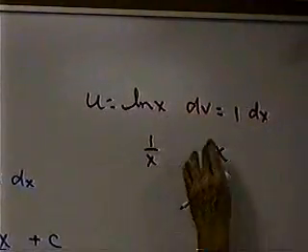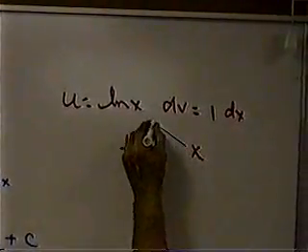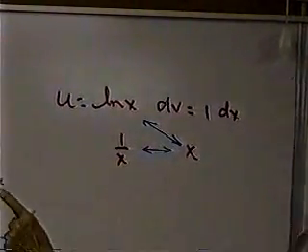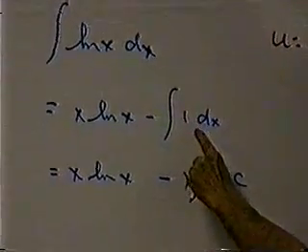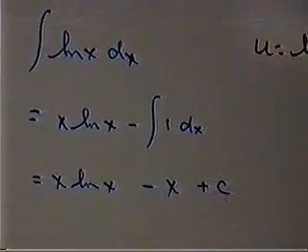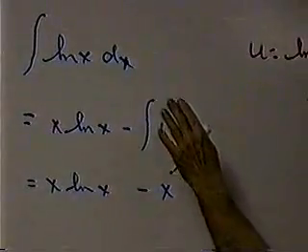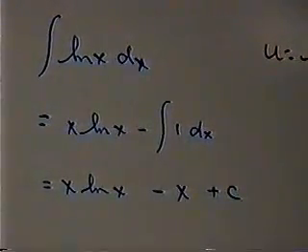Taking the derivative, integration, and look how simple it is. It's this times this minus this times that. So looking at the problem, we have x log of x minus integration of 1 dx. Integration of 1 is 1x. So it's a very simple idea. But I want you to be aware of using integration of parts when you really kind of have just a simple single object there. Next example